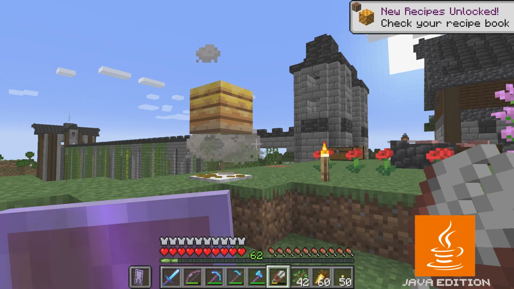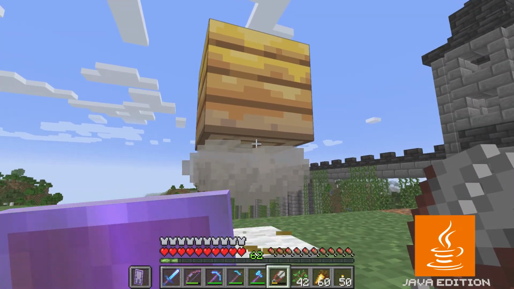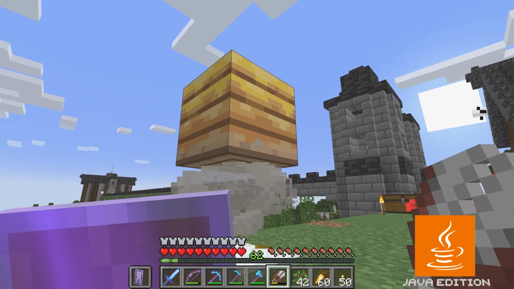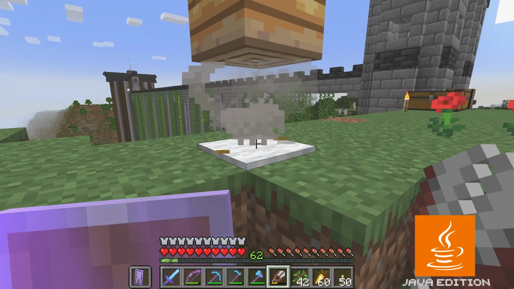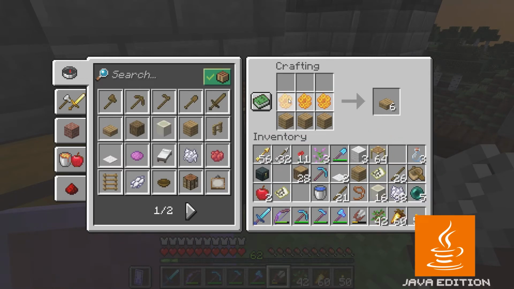Word of warning, though, don't try that in Bedrock Edition. Yes, a campfire underneath the bee nest or beehive, the smoke from it will calm the bees. But if you put a carpet over the top of it in Bedrock Edition, that negates the effect, and the bees will get angry at you if you try to harvest from it. So don't use the carpet trick in Bedrock Edition. That won't work. But now that I have honeycomb...